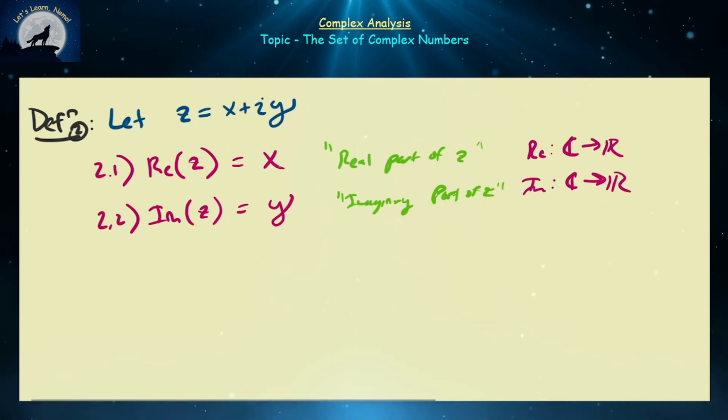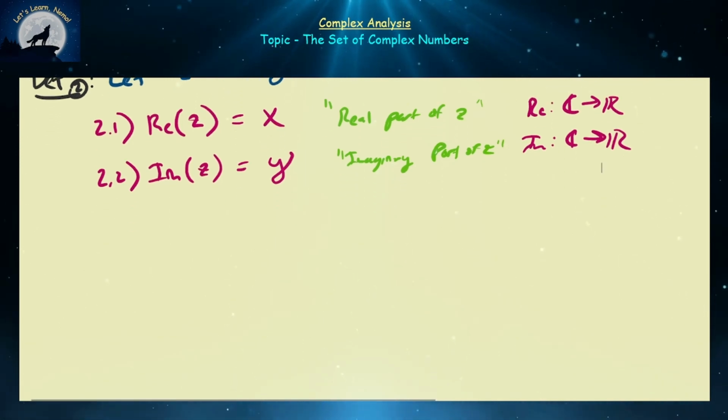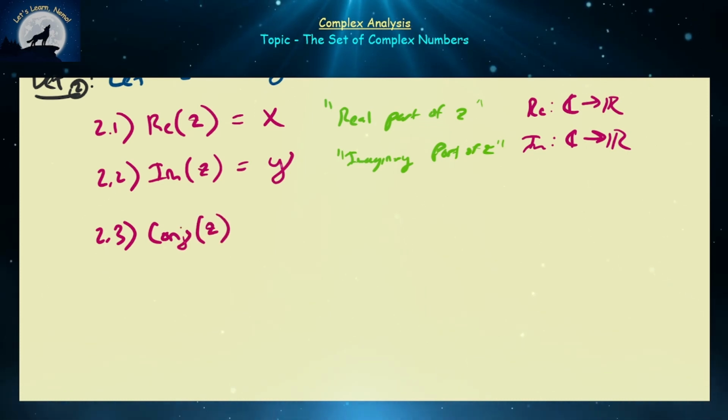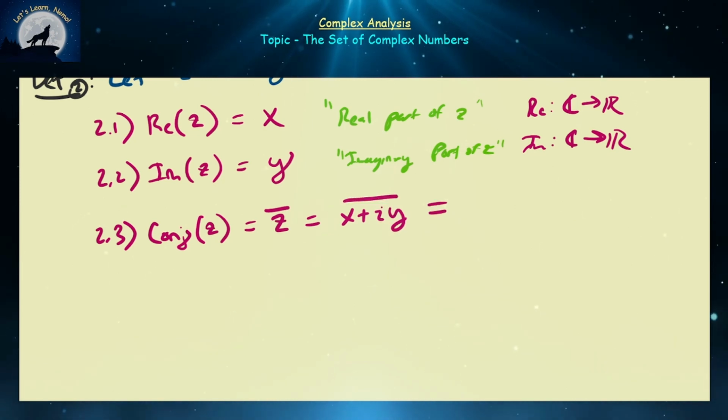So those functions return the real and the imaginary part of a complex number. Another function that is useful in the realm of complex variables is the conjugate of z. Some people also write this as z with a bar over it, not to be confused with averages. So what is z? Well, z is again x plus iy, and this is usually defined to be equal to x minus iy. So the real part stays the same and the imaginary part negates. So that's what we call the conjugate, or some people will say the complex conjugate